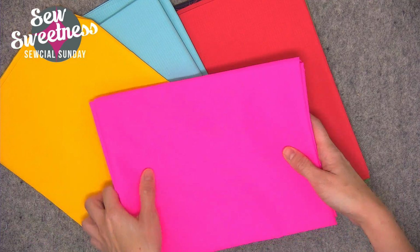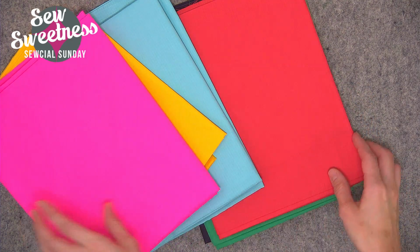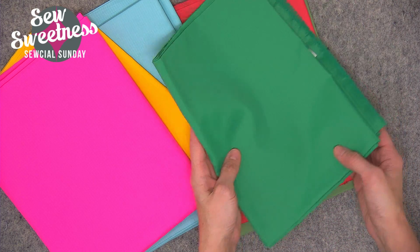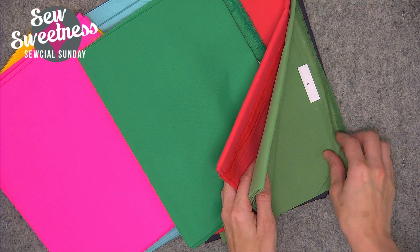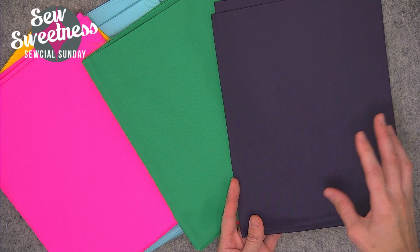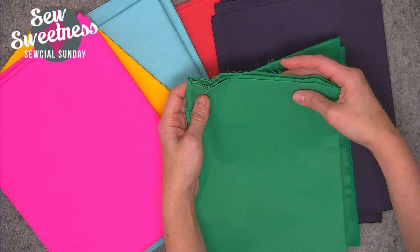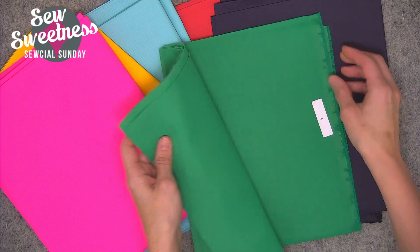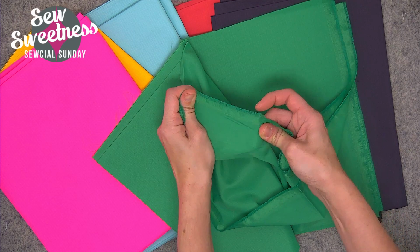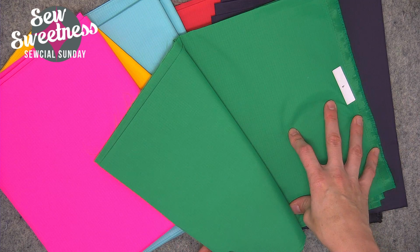I actually wanted to film that BODEGA grocery bag video with this. It's really hot pink in person, but Danny nixed that idea, so I went ahead and filmed the video with a safer green color instead. But the pattern for the grocery bag uses 1.5 yards of the ripstop nylon. It's actually really thin fabric. It frays a tiny bit after you've been working with it for a while, but other than that, it's really easy to sew. It's thin, so really lightweight,